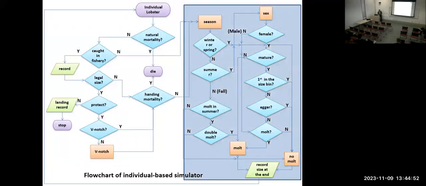And the other part is growth and life history, how lobsters grow. Unlike a finfish, lobsters don't grow all the time. They grow stepwise. When they don't molt, their size will not change, right? After a certain time they molt, and when they molt, the size increases by a pretty big amount. So that's what we call stepwise growth. And this is to describe how the lobster changes size.